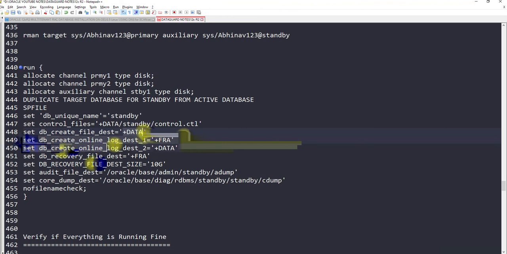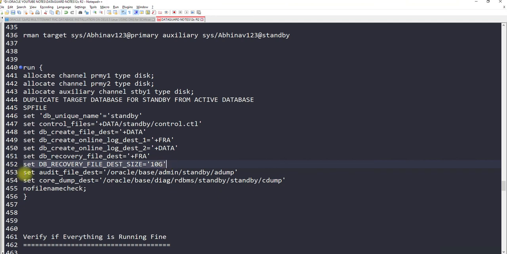The online redo log file destinations will be plus FRA and plus data, so it will multiplex, right? It will create redo log groups in this as well as this. Okay, it will set the db_recovery_file_dest to FRA. It will set the db_recovery_file_dest_size to 10 gig.